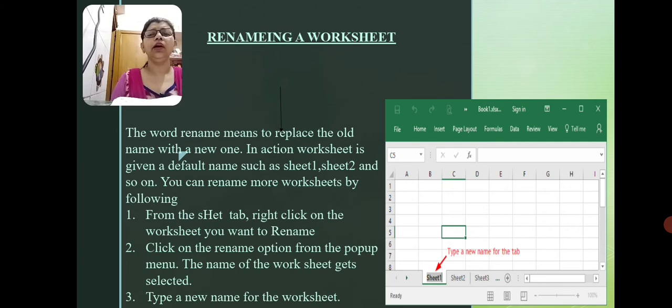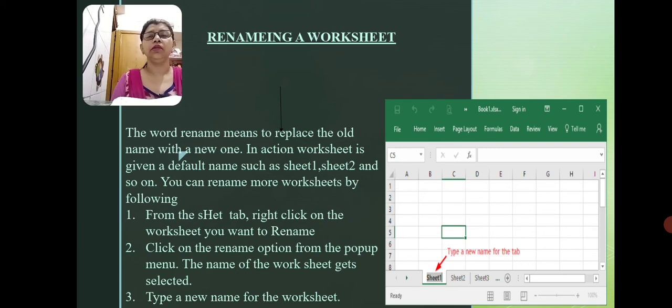If you have a name by default, then you can change the old name to a new name. In Excel, a worksheet is given a default name such as Sheet1, Sheet2, and so on. As I said, suppose you have a default name like book, pencil, copy.